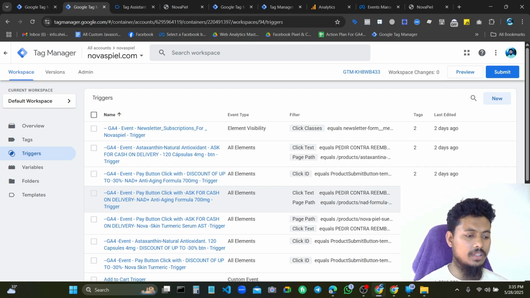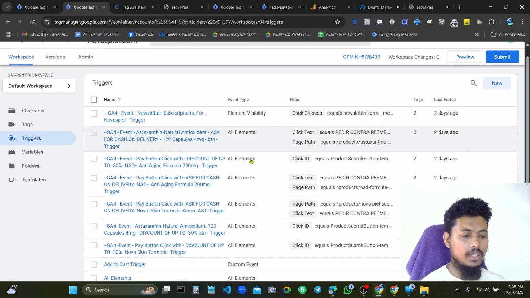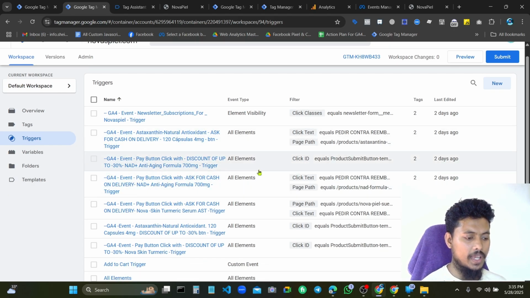And if you understand the ecosystem of GTM, you can easily configure these events. And most of the triggers use click ID. I found this when I enabled this on all elements, and when I click each element in the website, the variable pulls the data from every click.